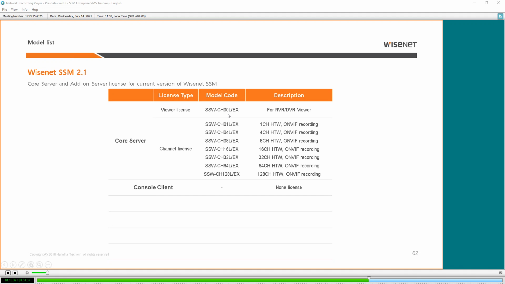What is the license model? 1, 4, 8, 16, 32, 64, 128. These are bundle licenses. The higher the bundle, the lower the price. If you use NVR, zero-dollar free license. If you don't use NVR, then you have to include the license per server.